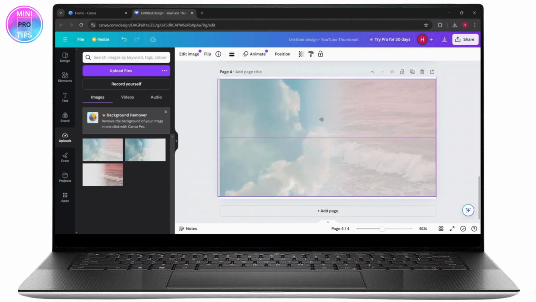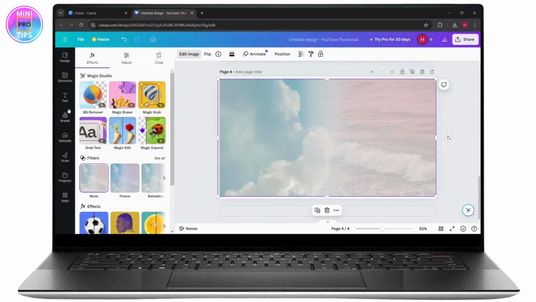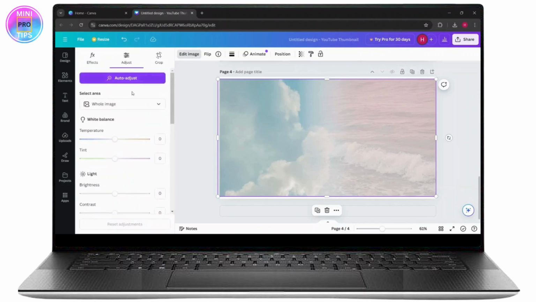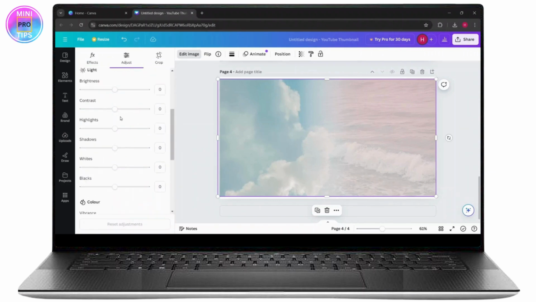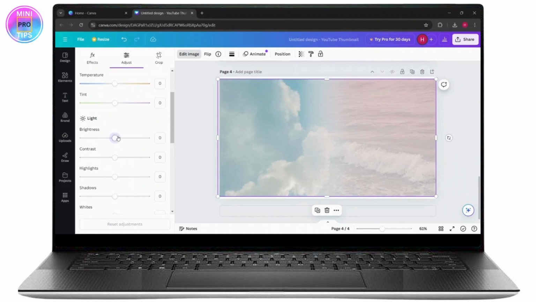Alright, so what we're gonna do now is we are going to edit this image. So just tap on edit image and it will open up the edit section. You can go to adjust, and from here you can adjust the brightness a bit. You can decrease the brightness a bit, increase the contrast or decrease the contrast according to your preference, change the highlights,